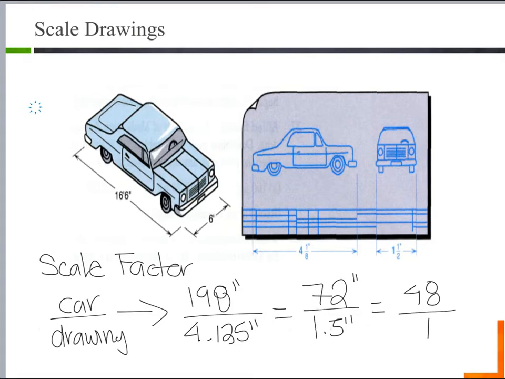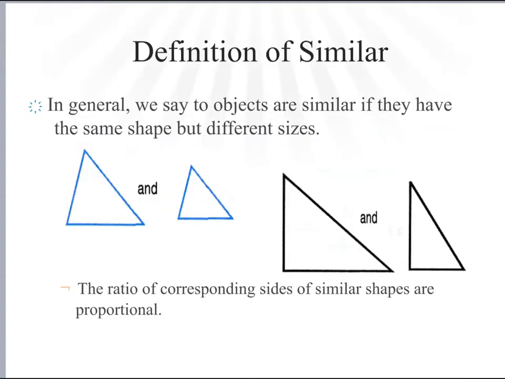Okay, so this first ratio is doing my long side of the car, and this second ratio is actually doing the short side of the car. And so they should be equal. You can't have a mix of a different ratio or scale factor when you're looking at something like a car to a drawing. So in general, when we talk about similarity, we say that objects are similar if they have